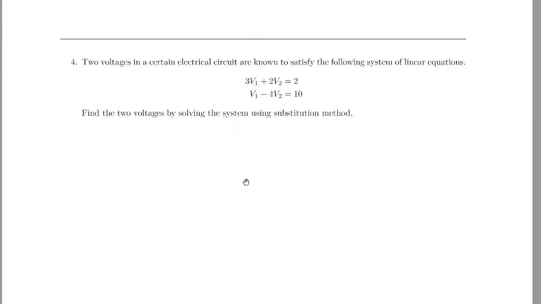This is using substitution. When I use substitution, I really want to just use whatever variable there is that has no coefficient, because V1 is equal to 4V2 plus 10. And then all I have to do is plug that in. So I have 3 times V1. Well, I know V1 is 4V2 plus 10